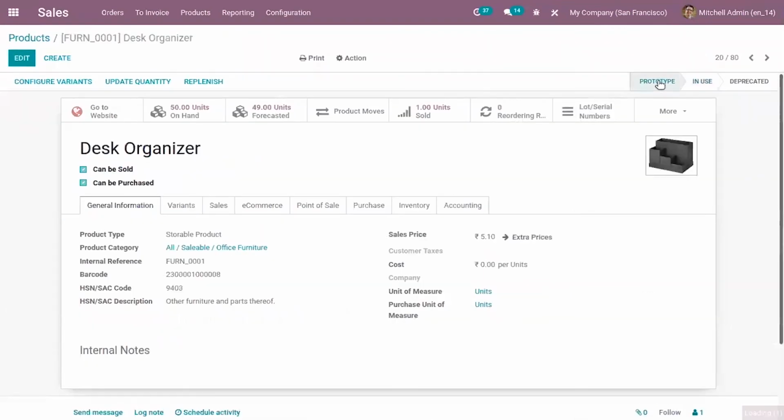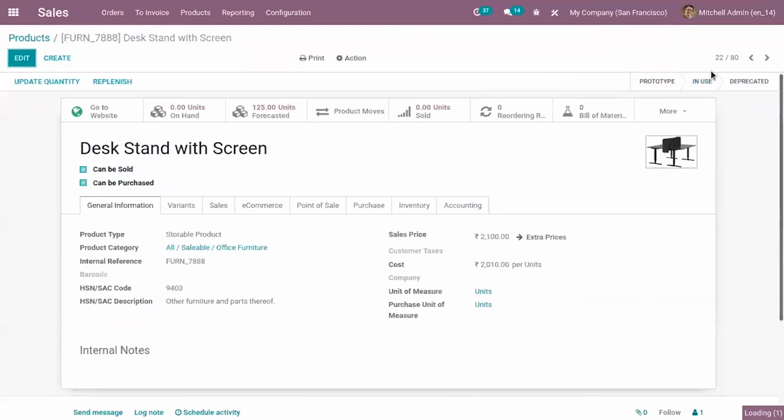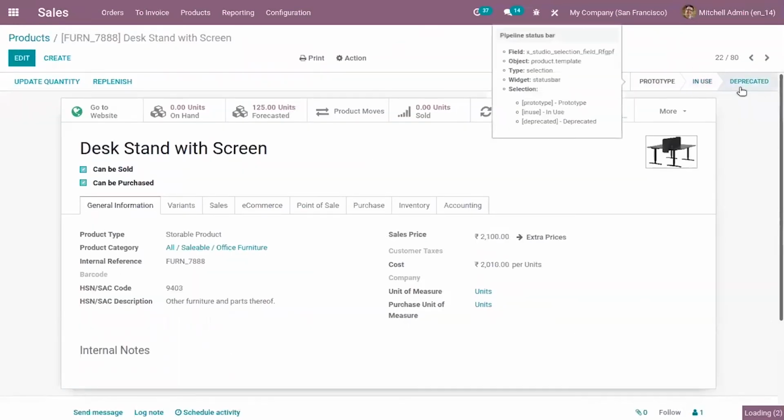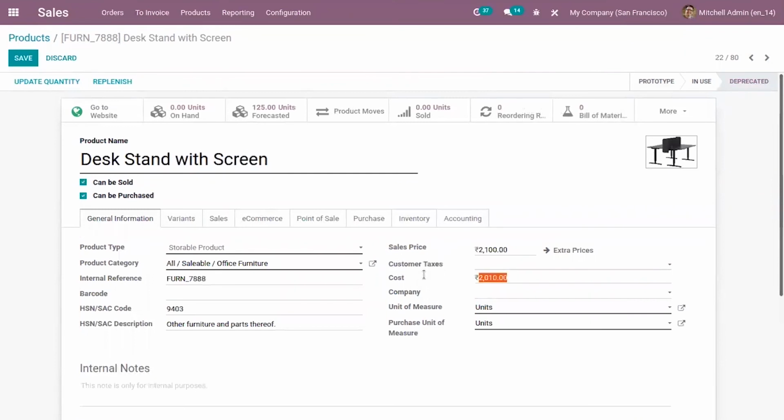Desk organizer, prototype. Deprecated. So I'm setting the cost for this product as 0 as it is deprecated.